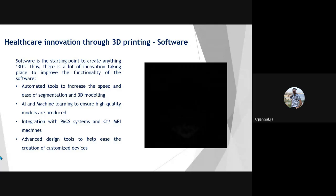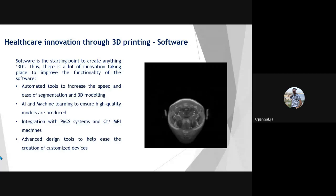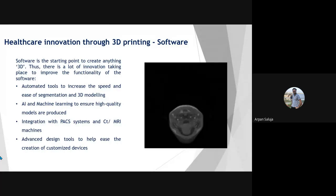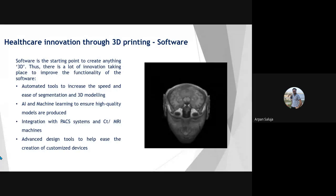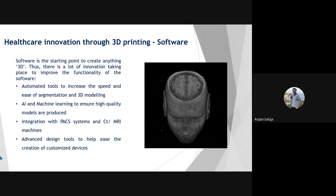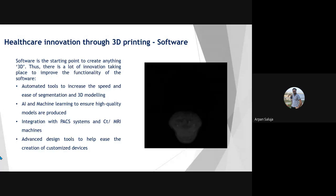to ensure that institutes can have this kind of technology deployed throughout the institute, and maybe not just in a single department, maybe not just on a single computer. This would also in turn help with the regulatory aspect, ensuring that this is used in a more regularized way. And lastly, there are lots of course design tools being added to ensure that the process